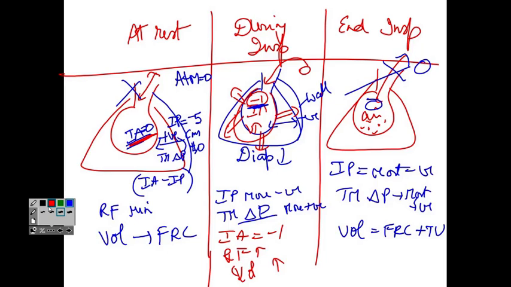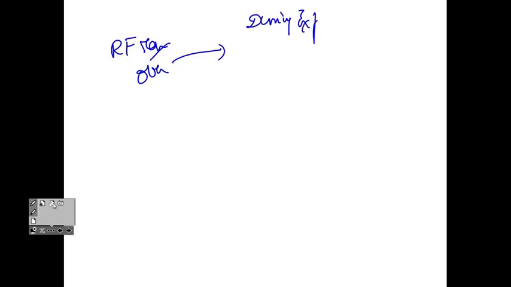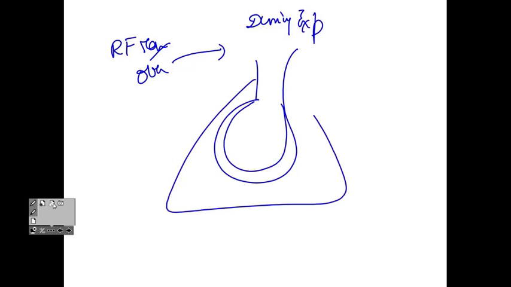During inspiration, what's happening to the two layers of pleurae? They are moving away, so the pressure has to be more and more negative. That's it. Lung volume, of course, FRC increases, FRC plus one full tidal volume. By the end of inspiration, the recoiling force has maximized, and that will take over, and that begins the onset of expiration. Therefore, during expiration, there is recoiling of alveoli, and volume decreases.